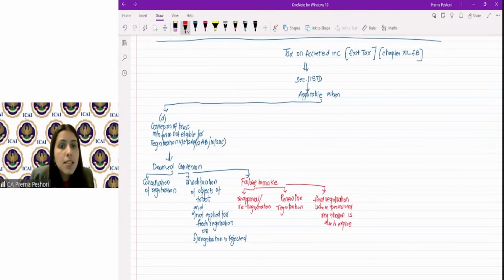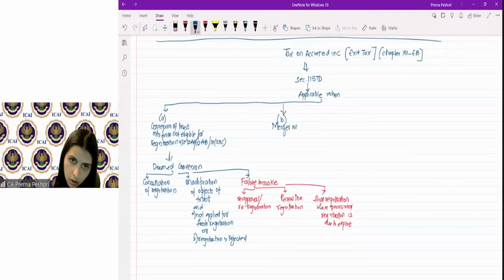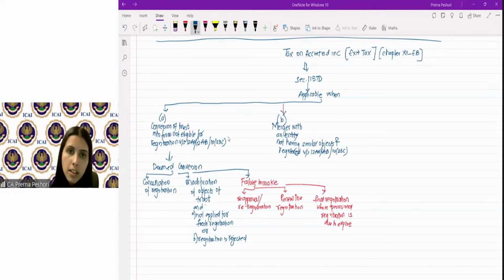Okay. So in this situation, there will be the deemed conversion. Secondly, the merger with an entity not having similar objects and registered under section 12AA or 12AB or 10(23C). And the third one is